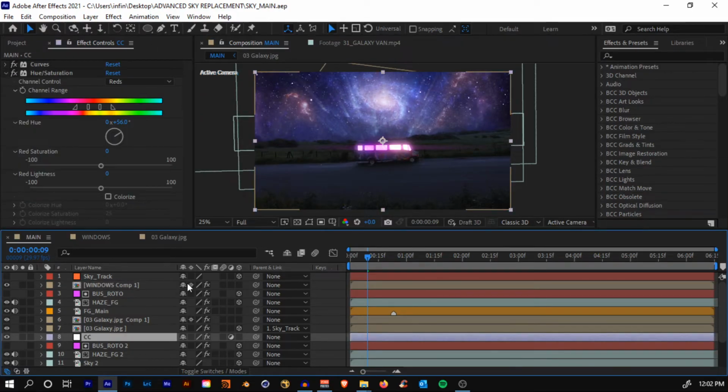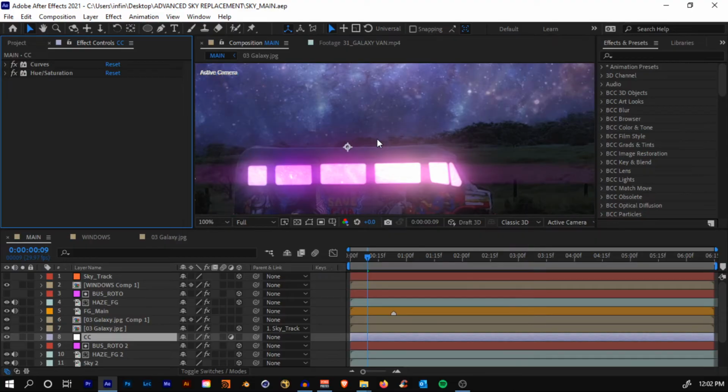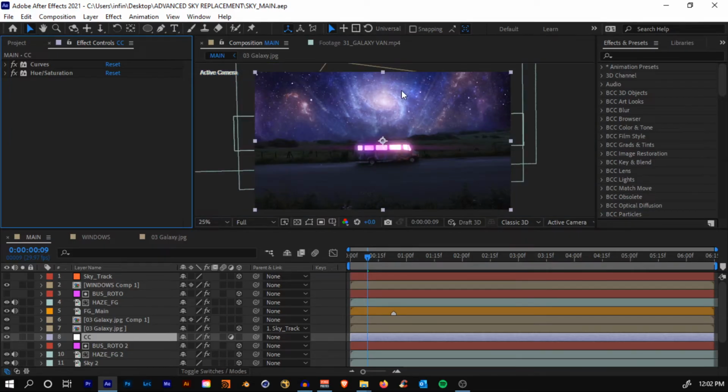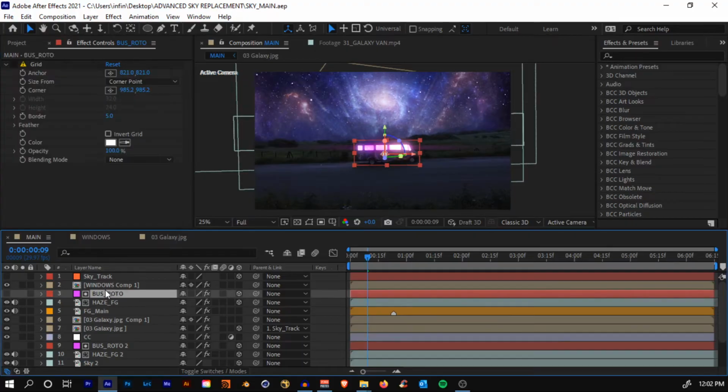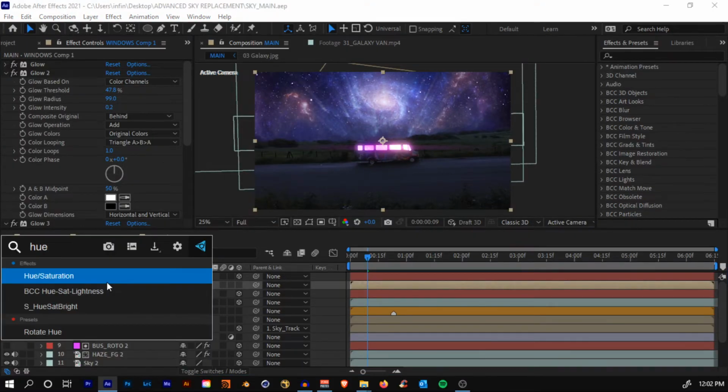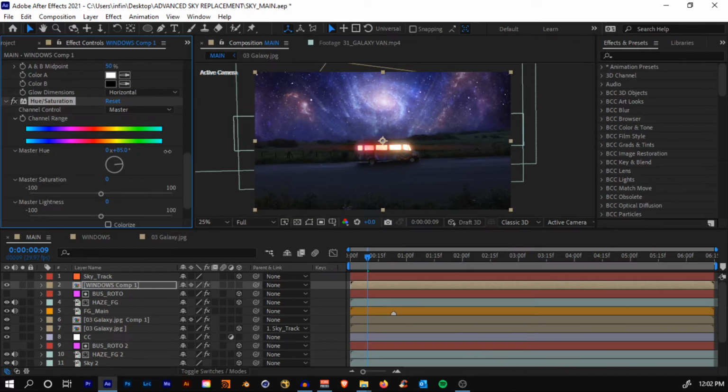And what we'll do is, what if we try to change the color of our window to match the overall sky? Okay, let's try. So come back to the windows, search for the effect hue and saturation, and just try to change the hue. You can keep anything you like by just changing the hue of it. Yeah, see, we can keep it something like that, light blue, and you can decrease the lightness. Sorry, not the lightness, don't decrease it. Yeah, we can keep it. I don't know, or should we keep it violet? Okay, let's keep it somewhere around in between.